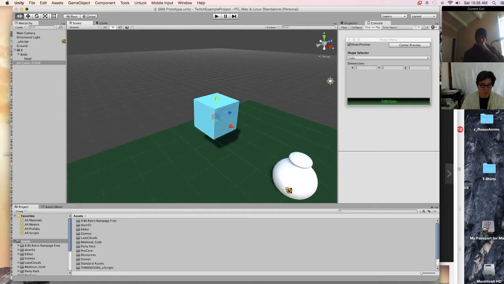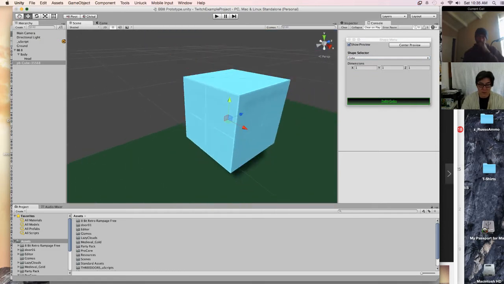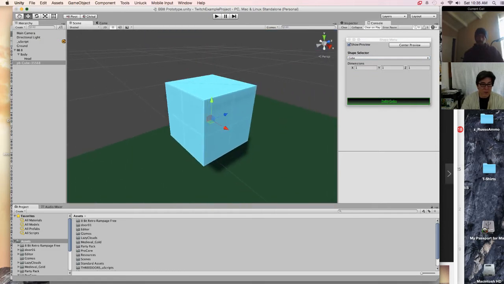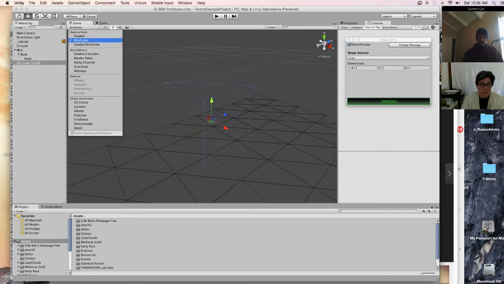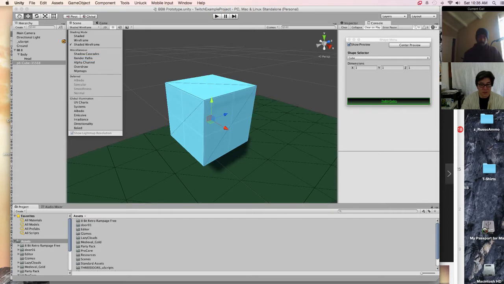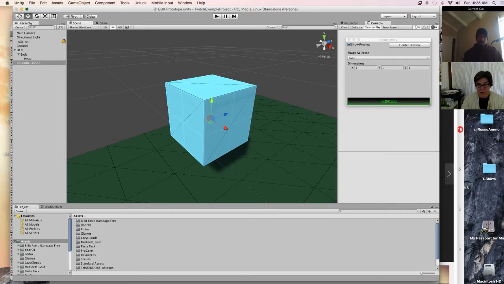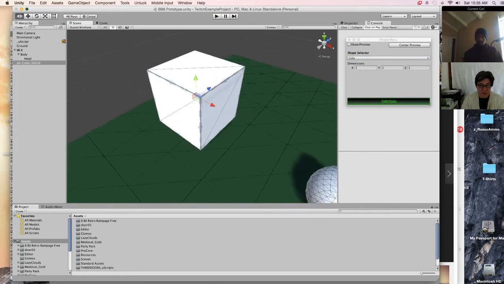So let's go to the cube. Let's look at the cube, right? And I will look at it in, let's see, not shaded. Let's go to wireframe. Okay, shaded wireframe. So you can see the wires. There's only one face here, right? But let's build it. It got a prototype texture, so you can see it.